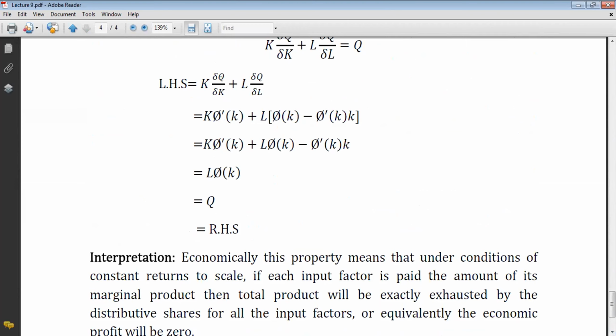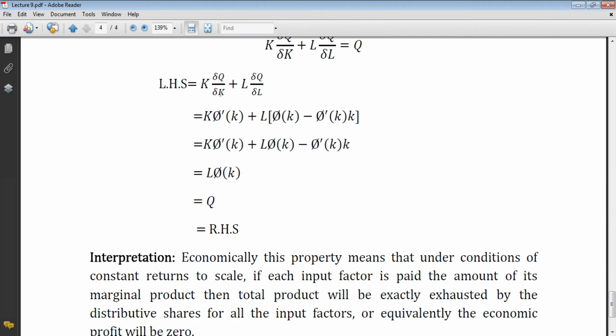Here we are just substituting the values of del q by del k and del q by del l. By calculating this, we got that it is exactly q. So what does it mean? It means economically, under the condition of constant returns to scale, because this is a linearly homogeneous production function, that if each input factor is paid the amount of its marginal product,